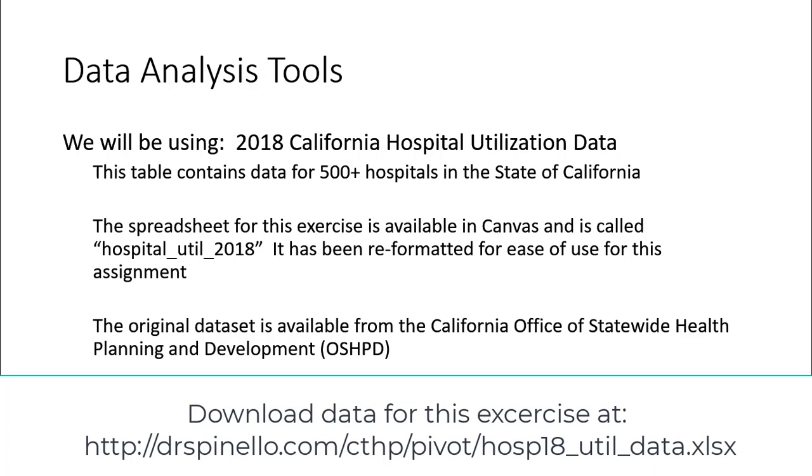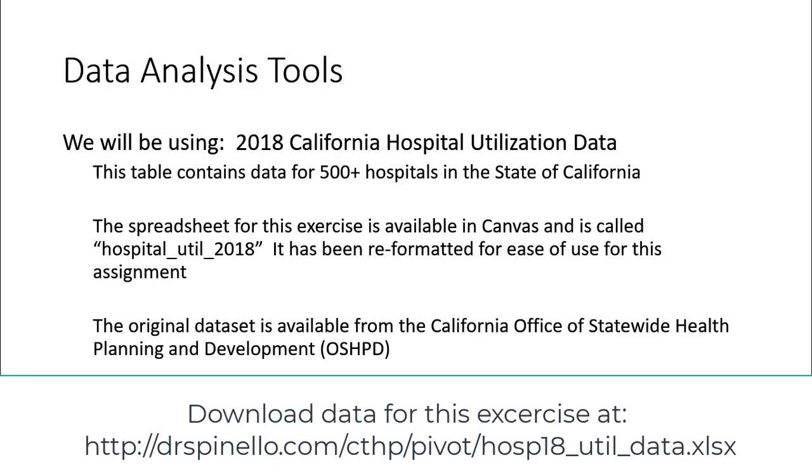This is a database for over 500 hospitals in the state of California, and it contains actually a ton of information about each one of those hospitals. So all kinds of information about how many patients are treated, how many beds in various units, the average revenues collected by types of patients, their budgets. There's a lot of information about those hospitals. So there's some really interesting stuff that we can use. And what we'll do is take some real world-like examples and use it to answer some questions about hospitals in